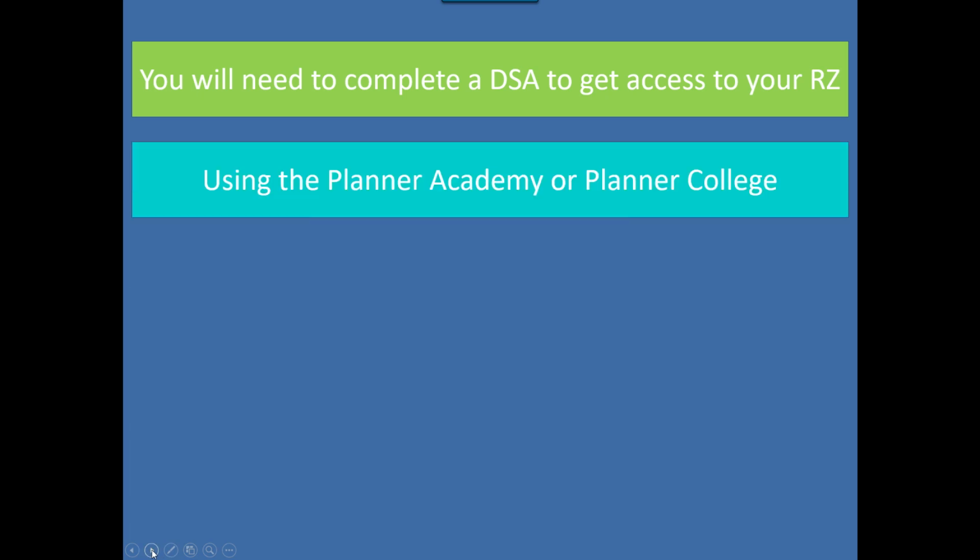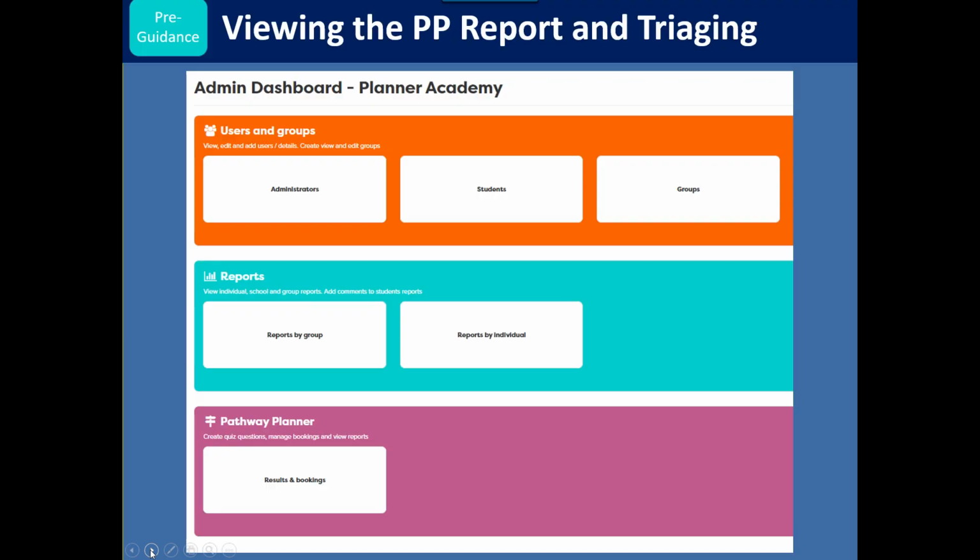What we're going to be doing today is using not your school but the Planner Academy or Planner College, because these are training areas and anything you do in these areas won't affect any live data. You've probably been given access to these through the training that you did. So we're going into the Pathway Planner in the reporting zone,